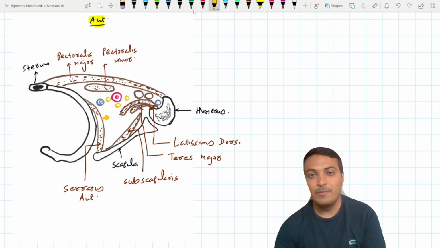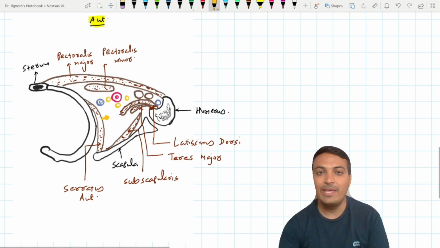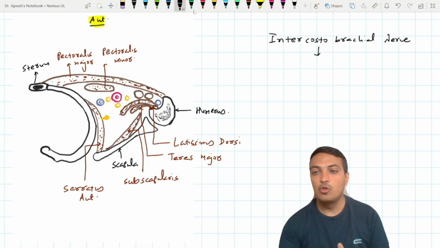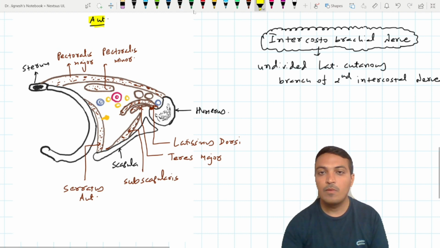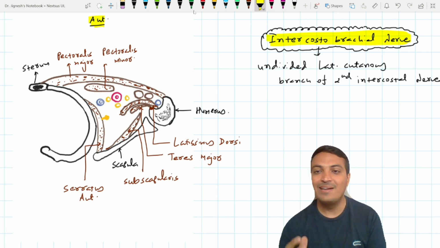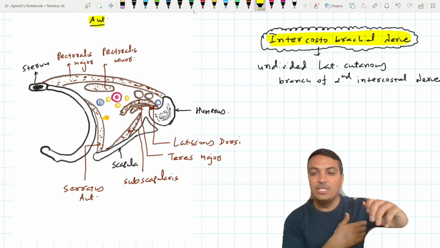One more nerve which is present within the medial wall of the axilla is the intercostobrachial nerve. This intercostobrachial nerve is nothing but the undivided lateral cutaneous branch of the second intercostal nerve. So this intercostobrachial nerve can be asked as a short question. You have to remember, it is the undivided lateral cutaneous branch of the second intercostal nerve. And it is going to pierce the medial wall of the axilla